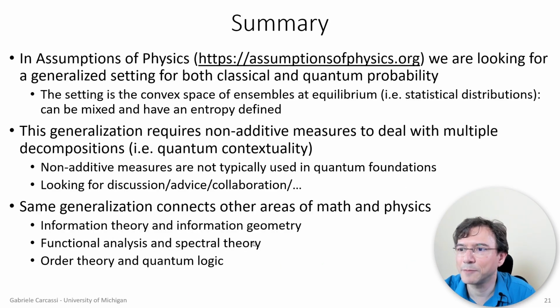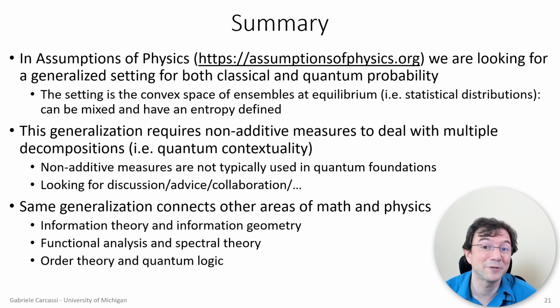And that's about it. So this is the status that we are in, and the idea would be to make everything that we have seen work in a consistent theory, and then see if we can recover some interesting results from the use of these measures. And as an overview, we've seen that in our project, we're looking for a generalized setting for both classical and quantum mechanics to do states and processes in the same way, formally exactly the same.